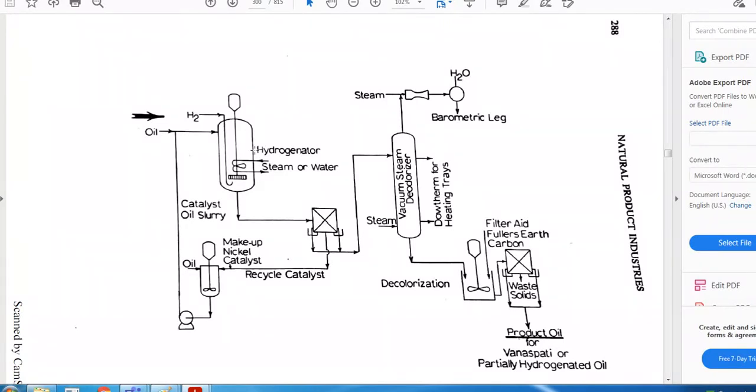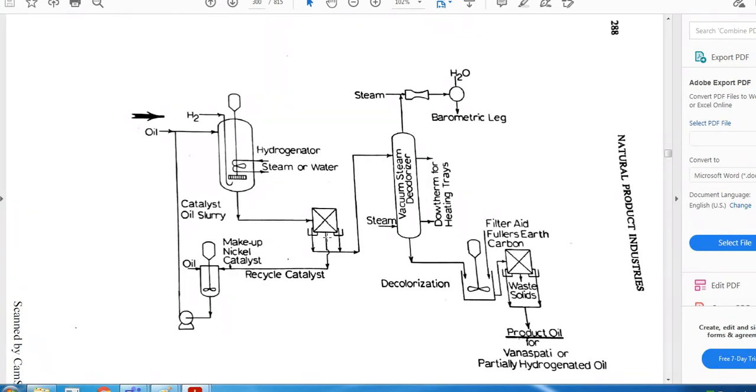Once the reaction is over, what will happen, sir? We stop the agitator, and again from the bottom the feed will come, and remember, this is called a plate and frame filter press. In theory, you see, this is the plate and frame filter press, where the Raney nickel will be separated, and the hydrogenated fat goes out from the system. So dear children, please study this concept very well to understand the basics of mass transfer and chemical reaction engineering. We will have a lot of discussion on this point in chemical technology 3 also.